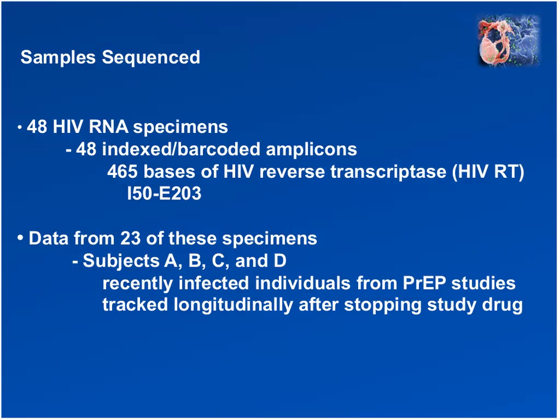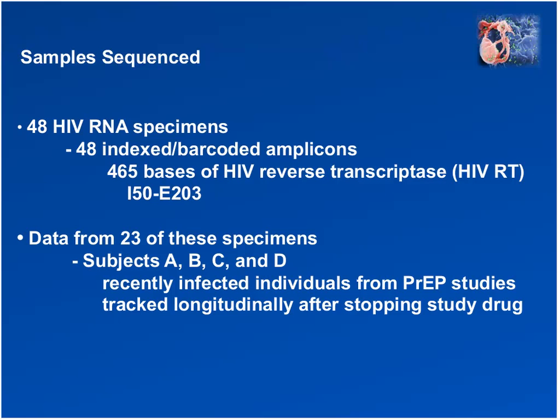So let's talk about the specifics of this comparison. A very, very basic experiment was conducted. The amplicon library that was sequenced by both systems contained amplicons defining 465 bases of the HIV reverse transcriptase gene, or I will also refer to it as simply HIV-RT, from 48 different HIV specimens. The target region spans HIV-RT amino acids 50 to 203.